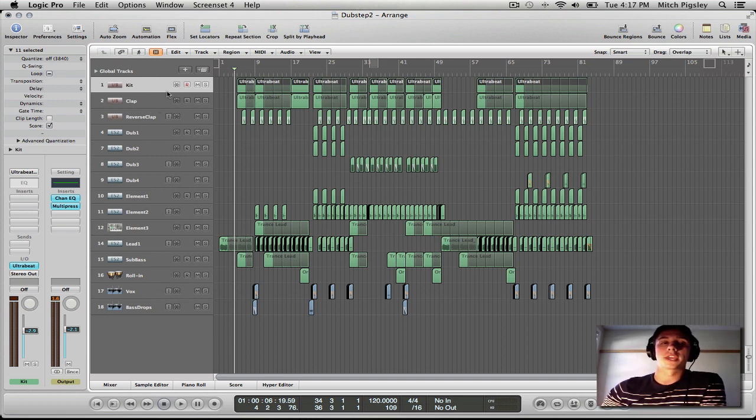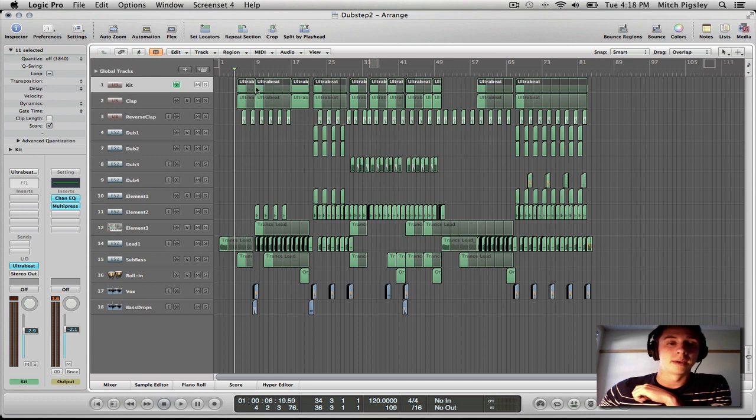If you have a MIDI track and you freeze it, it's going to take all of your MIDI and your software instrument, and it's going to convert the sounds that it's playing into an audio file, and then it's not going to be using your software instrument, and this will help with the CPU a ton. Alright, but there is one downside to that, and that is that you can't edit the MIDI file